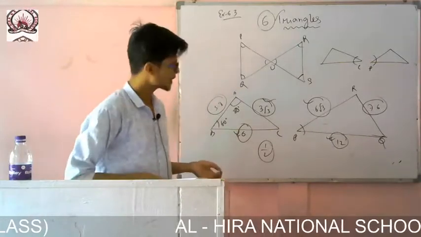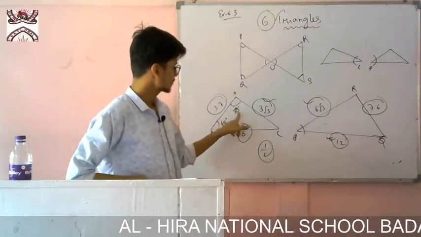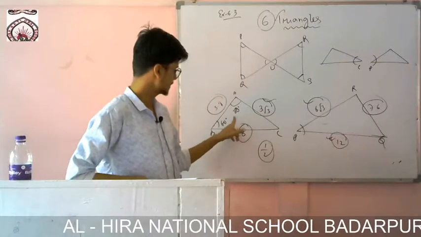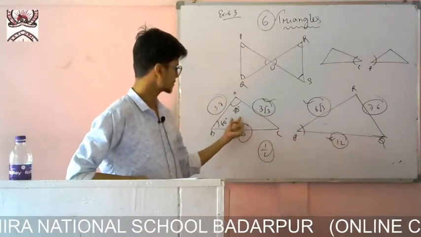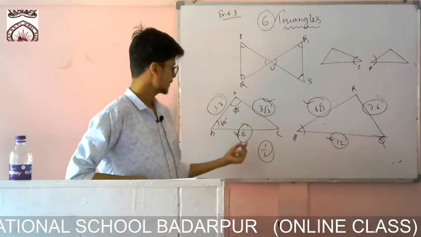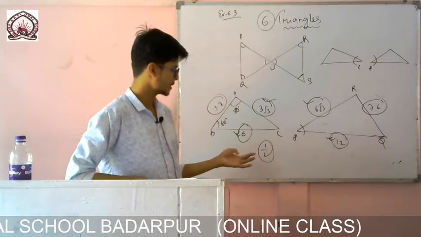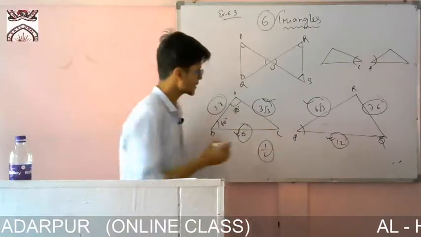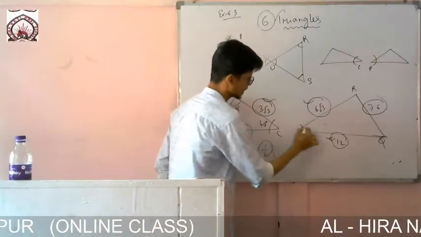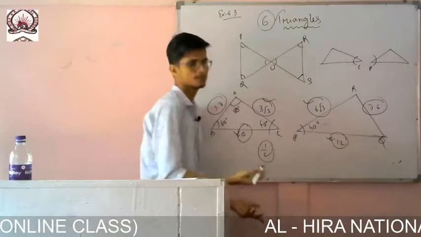So if you see very carefully, these two we have found. This one though we know, they are 80, they are 60, it is given. I can find the third angle. 60 plus 80, it is coming 140. That means this angle is 40 degree. If this angle C is 40 degree, then angle P is also 40 degree. Finished.